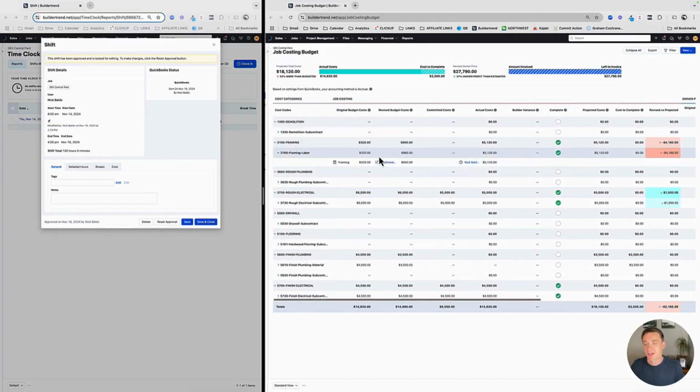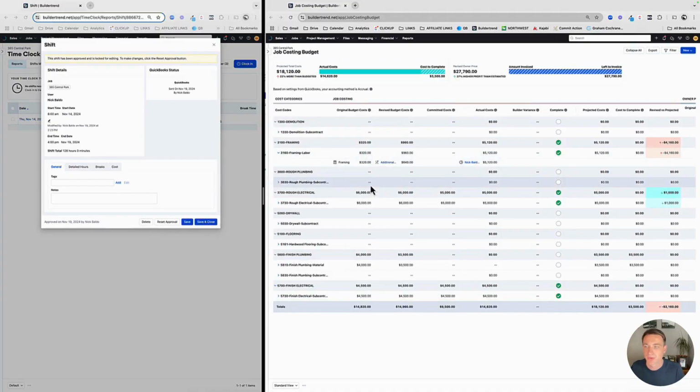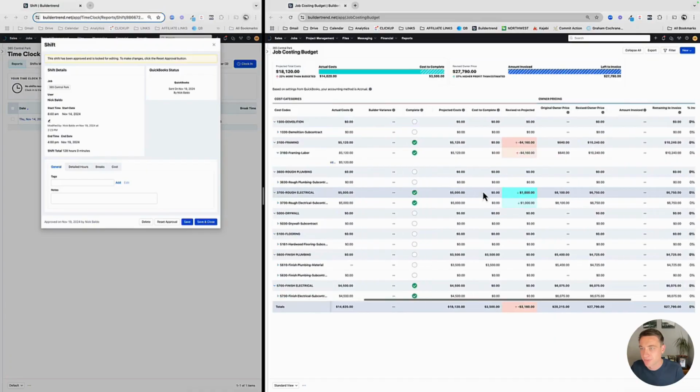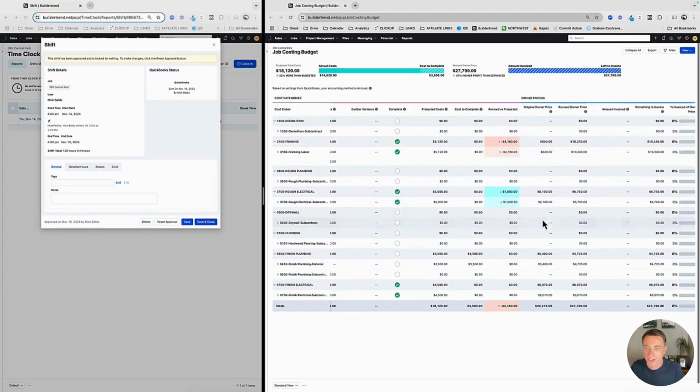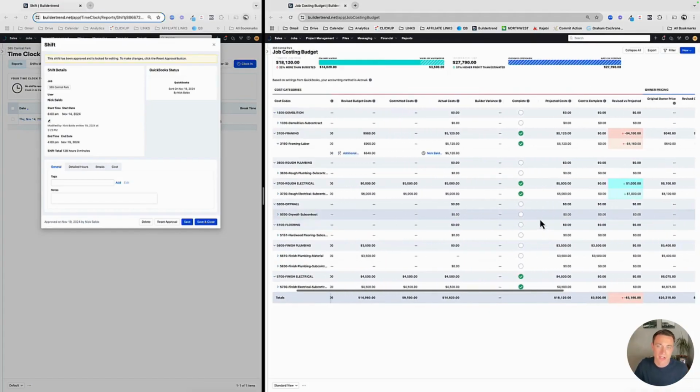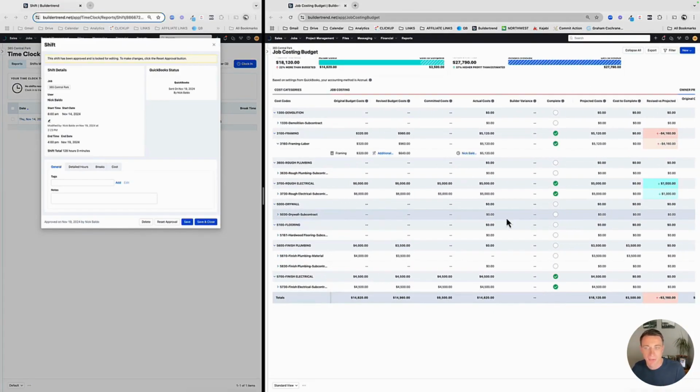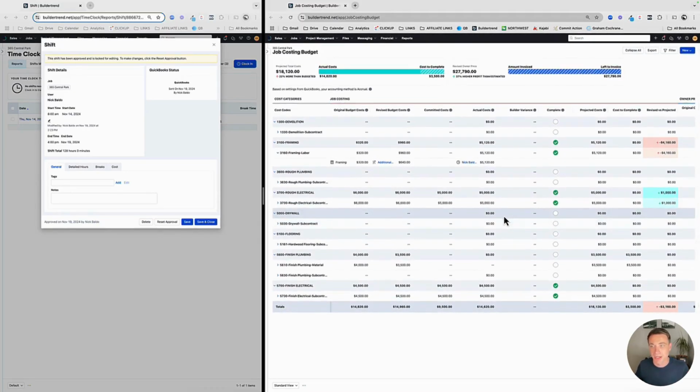All right, so this job costing budget is so useful. As I mentioned, I do think that they could get a little bit better at giving me maybe a difference between the two here, or maybe showing a little bit more easily where some of the changes have come from. But it's all there, and as long as you know the calculations and how everything works, this is a really amazing feature for you as the business owner, as the person managing this, and for your customers,